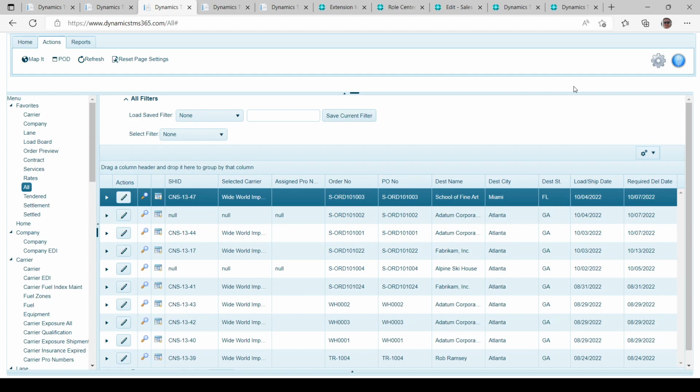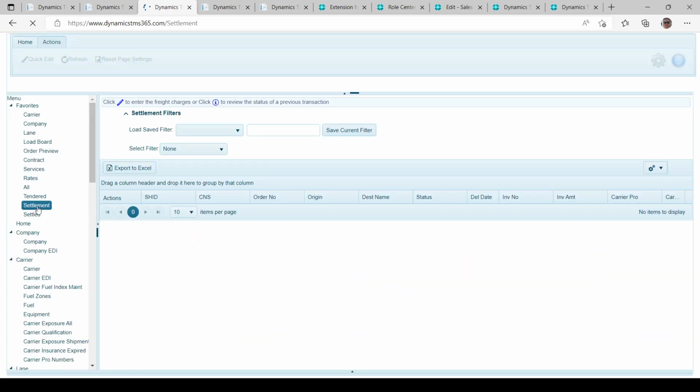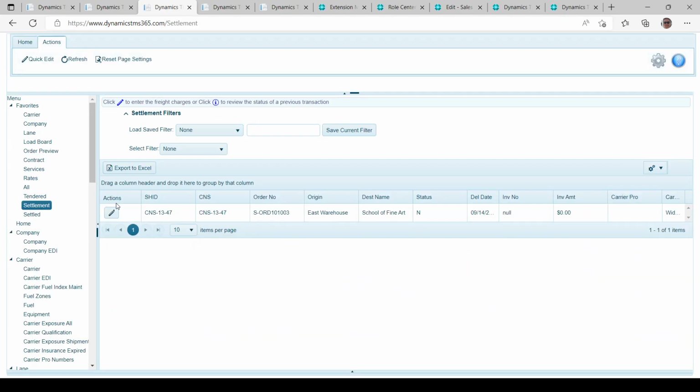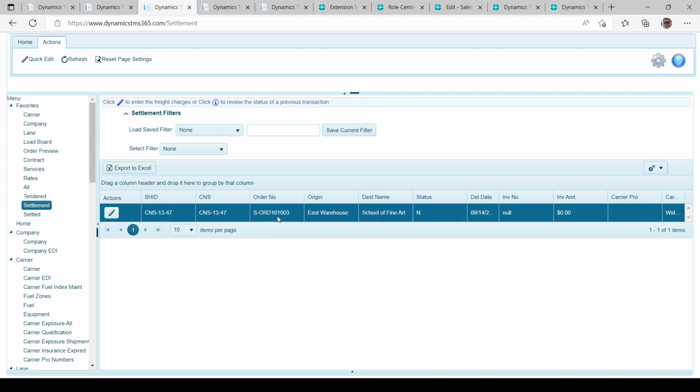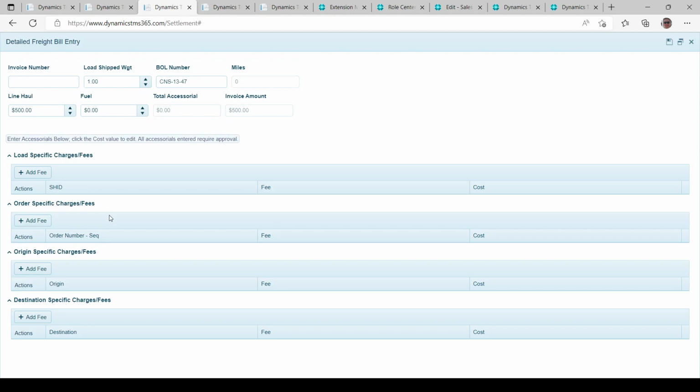Once an order has been delivered, it can be paid. Now, we can receive updates to the status via 214 EDI through the portal or through some other electronic mechanisms. Once it's been delivered, I can go to the settlement page and I can enter in my freight bill. Here's my order. So if I do not have electronic interfaces, I can come in here, click on the edit button, put in my invoice number,